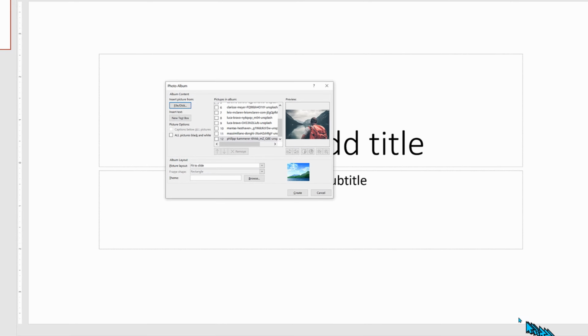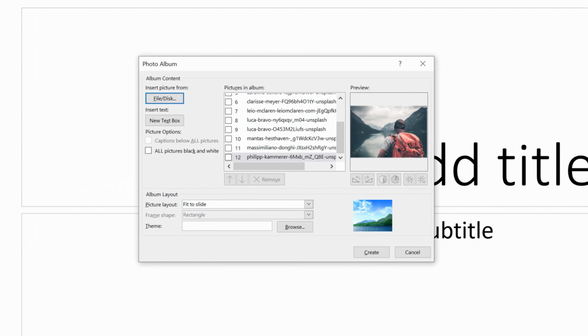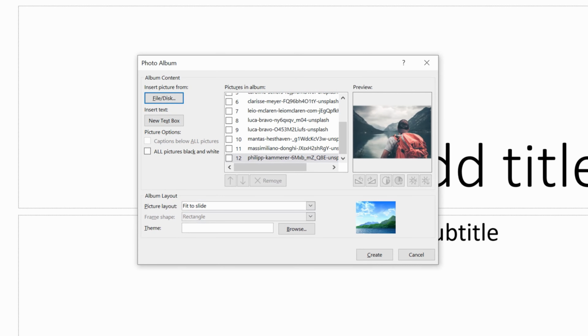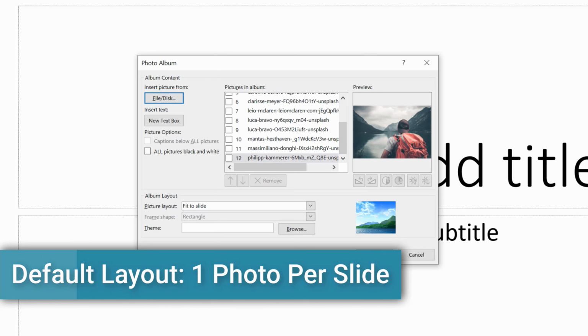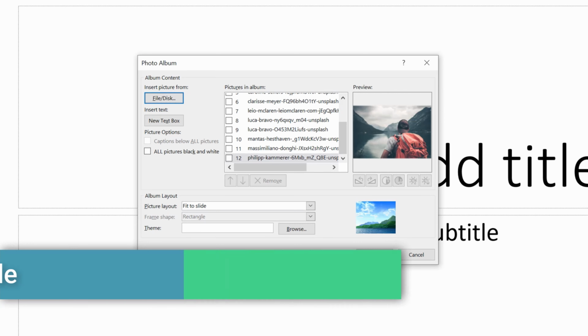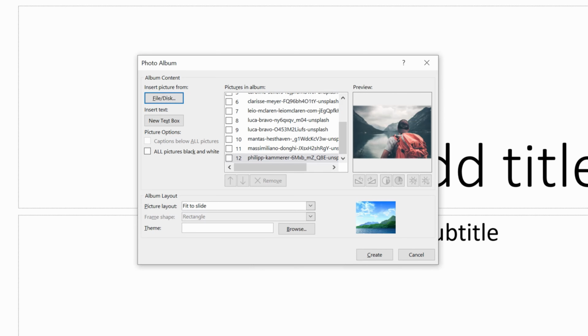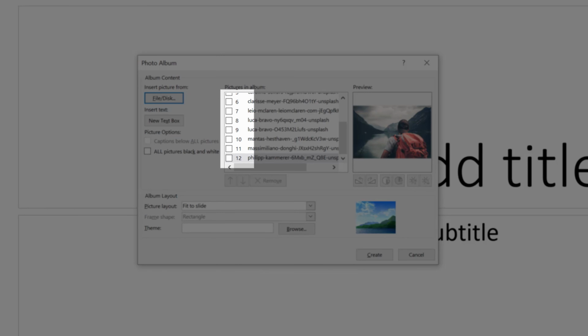In a few moments, the selected photos populate our slideshow list. We can then make a few more modifications. By default, PowerPoint puts one photo per page. Look closely and you'll see the number next to our 12 slides showing 12 pictures.